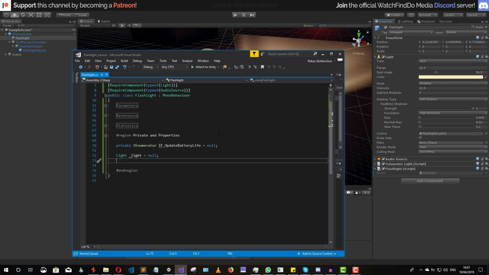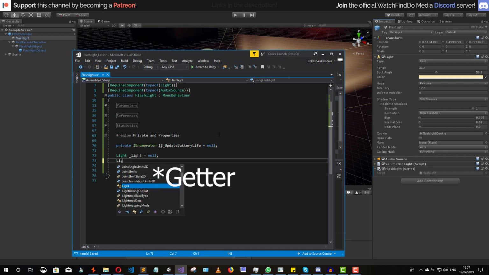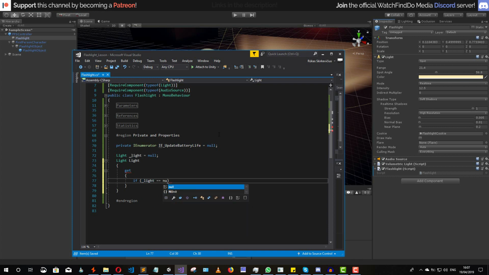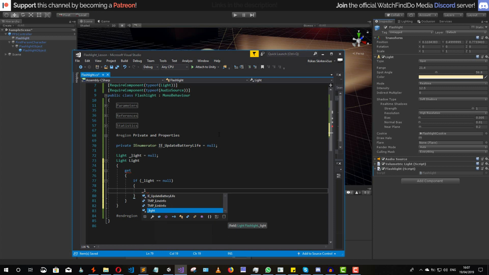All right, so then let's create a property, which is going to be the light property, and let's call this something like a light, and this is going to be the getter. Whenever we get this property, we're going to check if the light variable, which is the private variable, is equal to null. If it's equal to null, the first thing we're going to do is say light, the private variable, is going to be equal to GetComponent